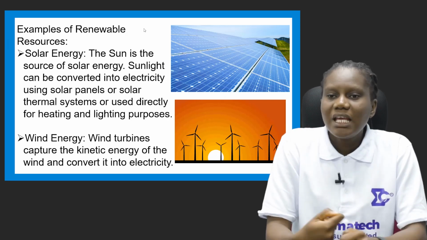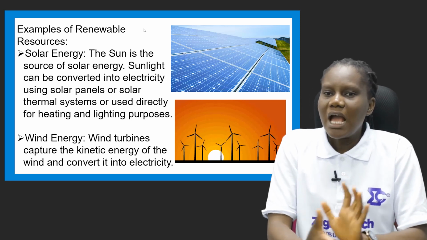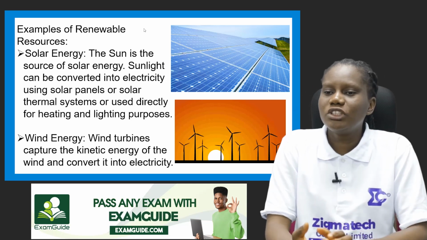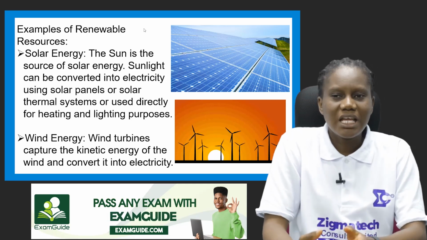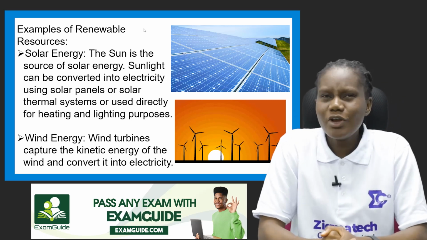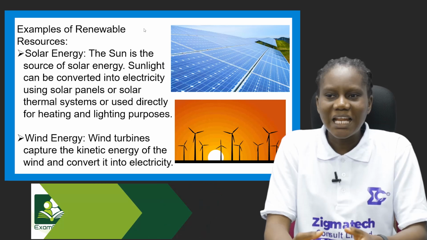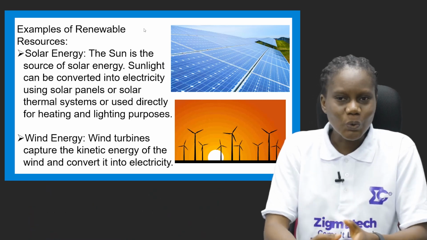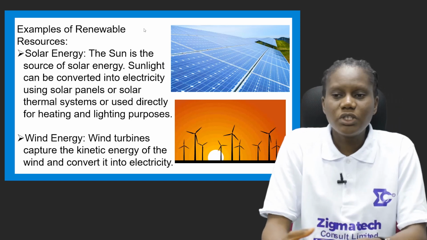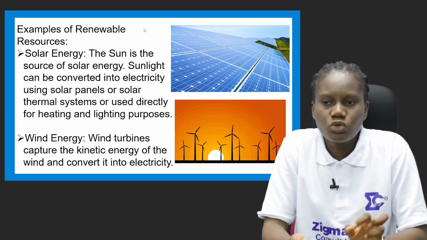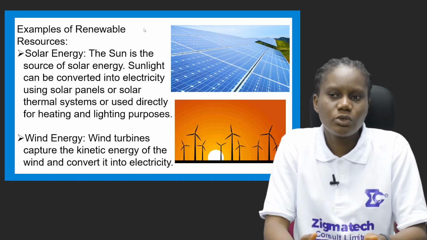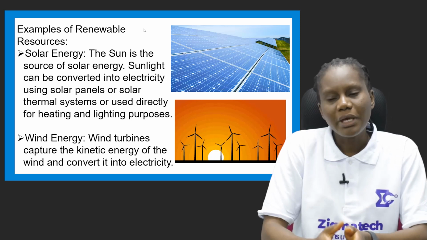for heating and lighting purposes. Back in the olden days, when electric light had not really been generated and there was nothing like matchsticks, have you ever thought of how people were able to make fire and cook their meals? Have you ever thought about it? How they did it was that they would either use stones to strike each other, or use a magnifying glass. This is even an experiment you can carry out with the aid of your parents or your school